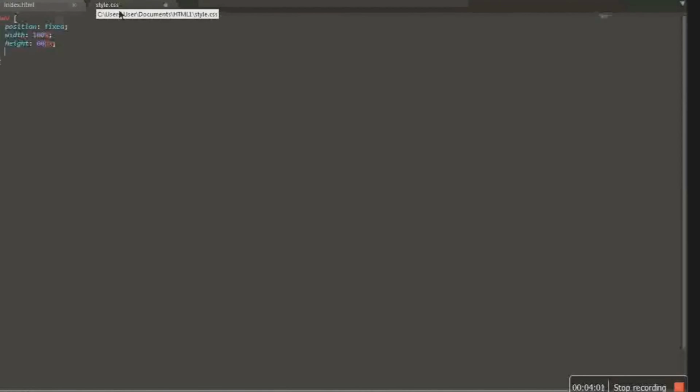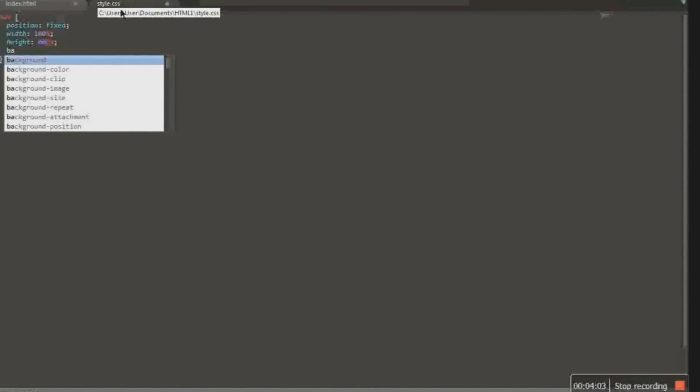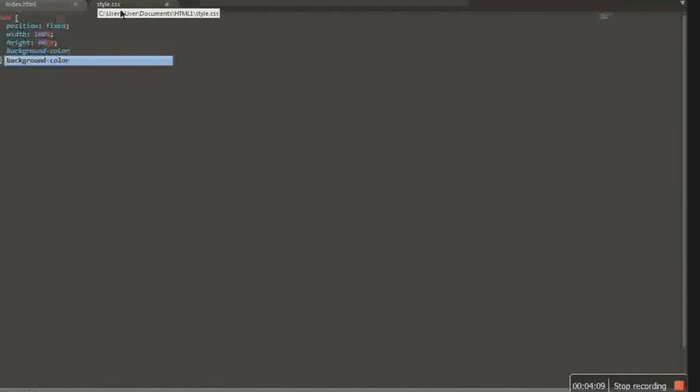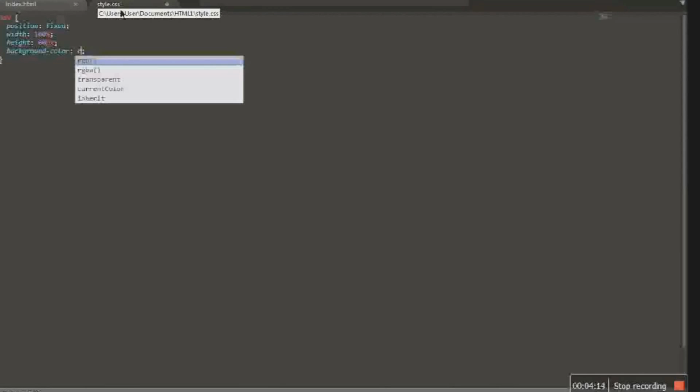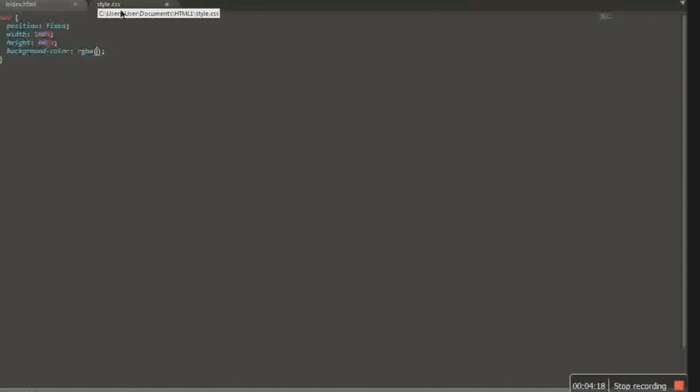Then background color. Background color should be, let's use RGB code. Let's use 0, 0, 0, and 0.5.